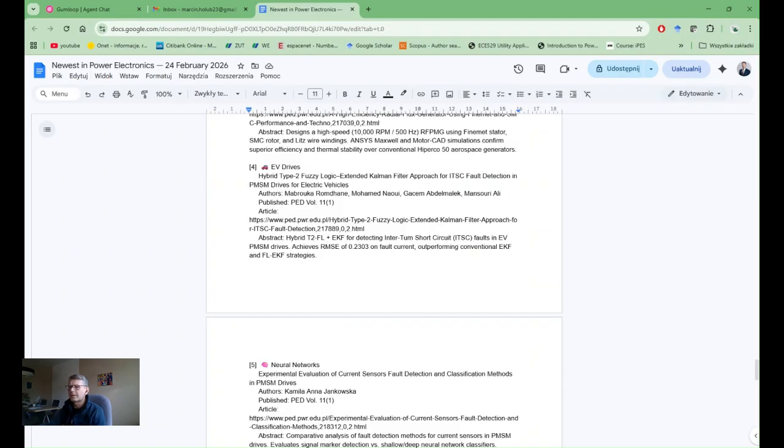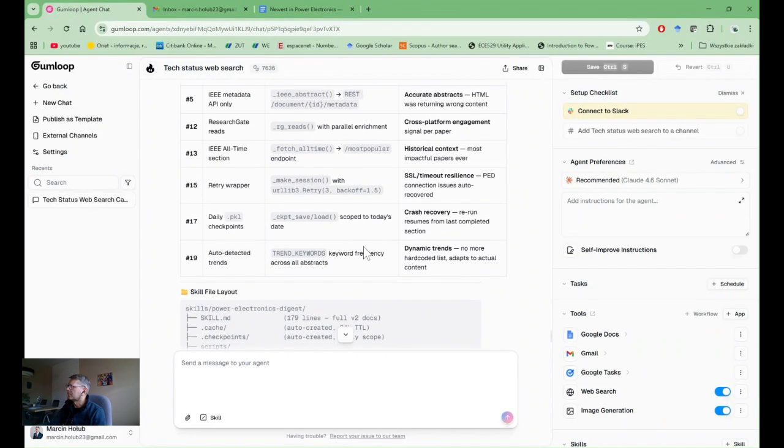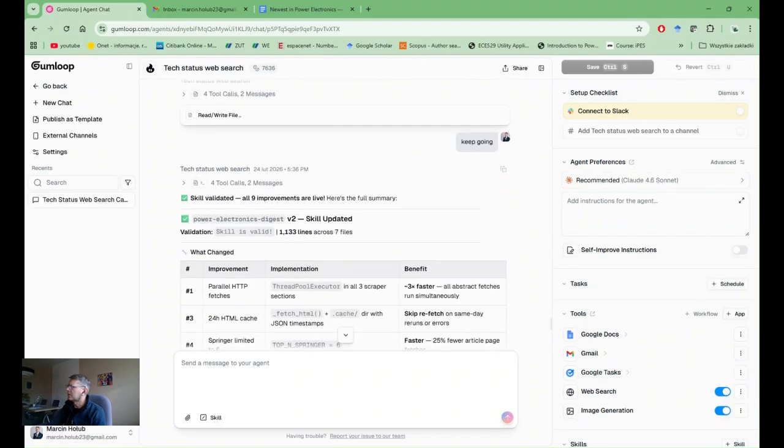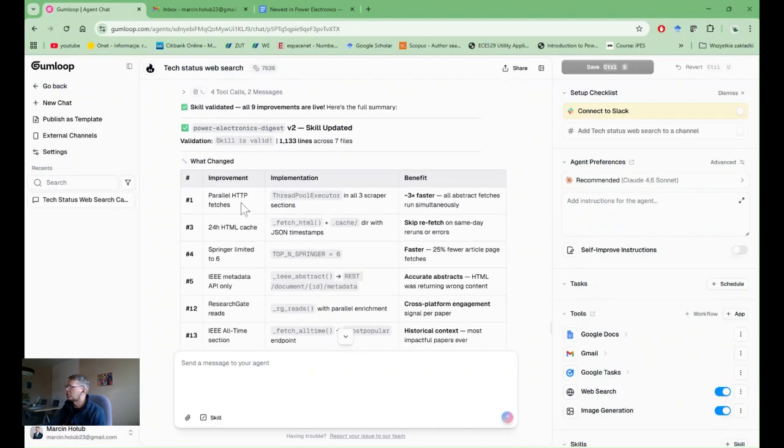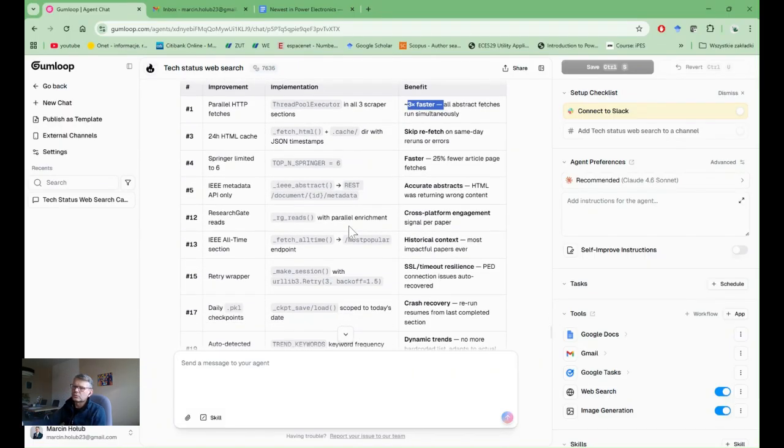The biggest surprise, I think, was when the model actually suggested how to improve itself, and this improvement really helped to accelerate the model a lot because, as you see, there were issues with how the data was fetched from an HTTP, and actually now it's 3 times faster, and also how to access the metadata that is needed